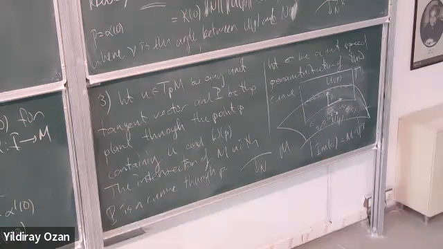Since n must lie in the plane gamma and n is perpendicular to u, which is sigma prime 0, we must have